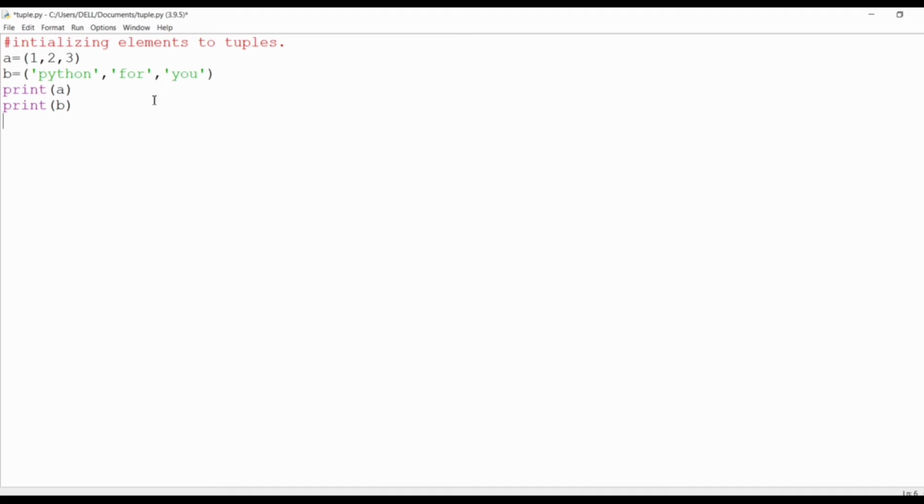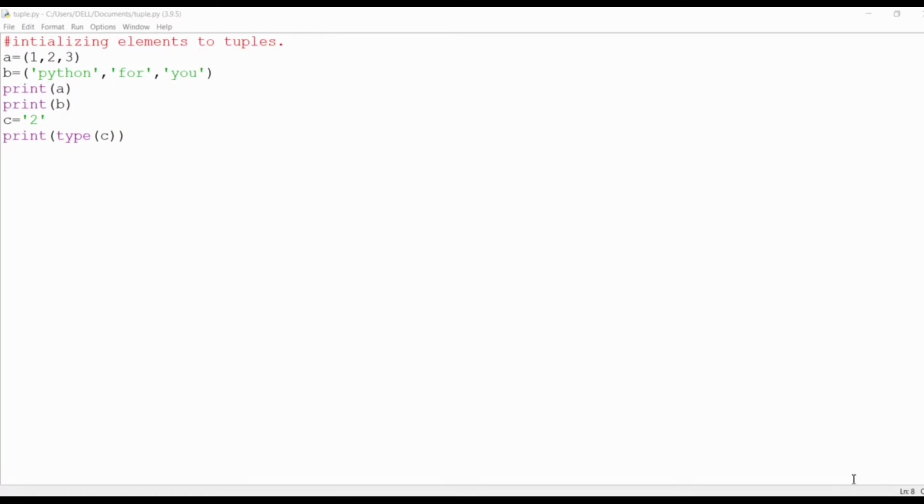If you want to know what data type is Python or for or you, or even the integers which we are placing, we have to define another tuple and just write the name of the tuple. Here I am going to initialize the numbers, which are integers. For printing the type, you have to write the print command and just write type, which returns the type of the data.